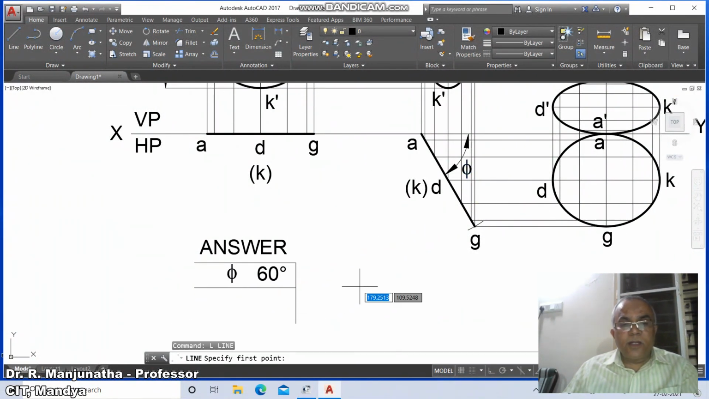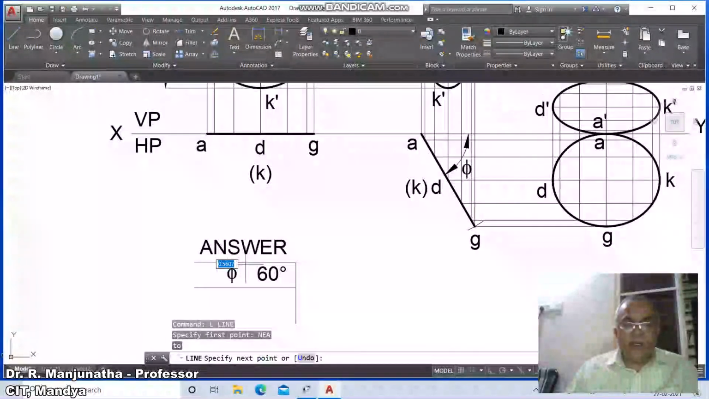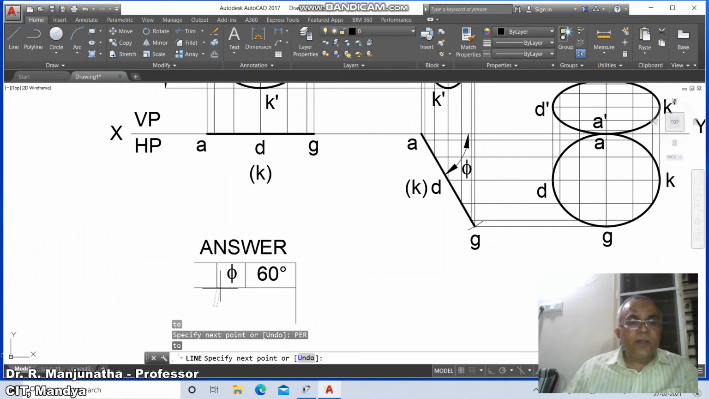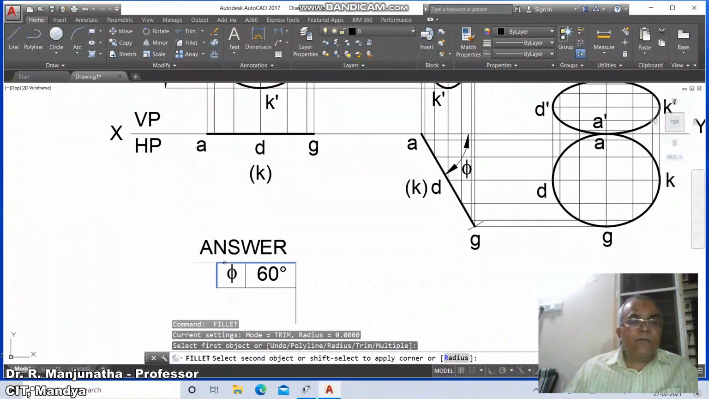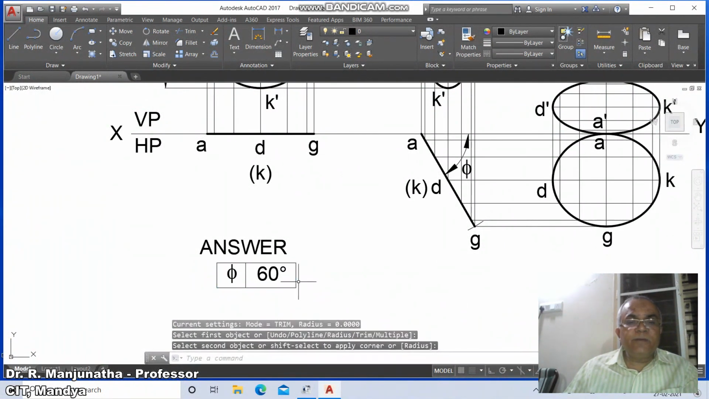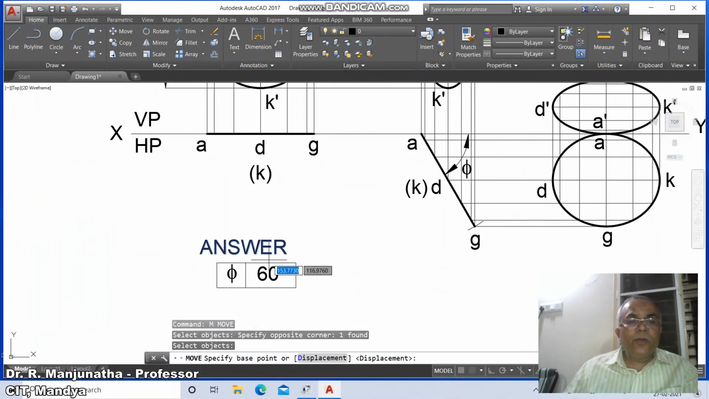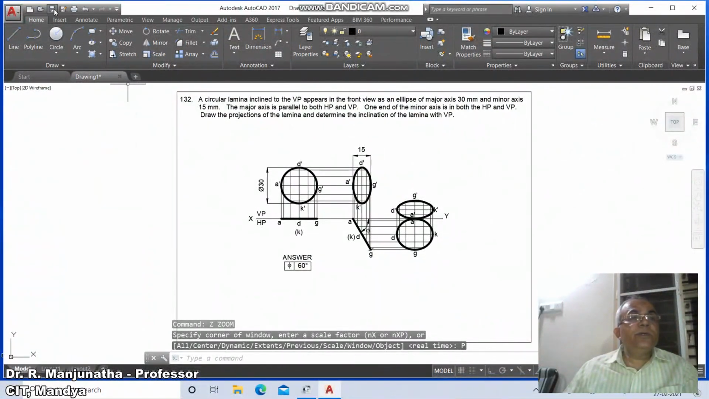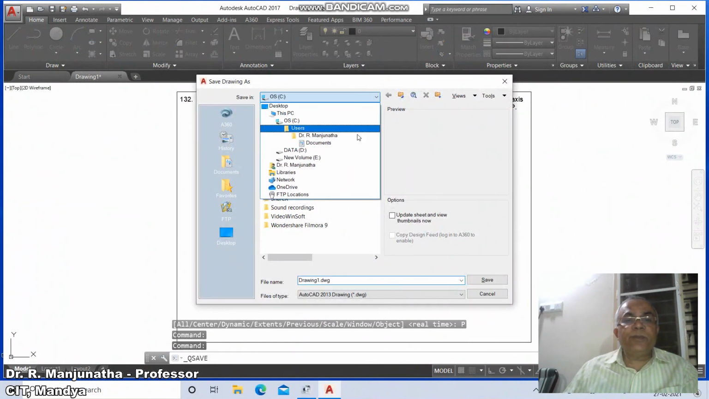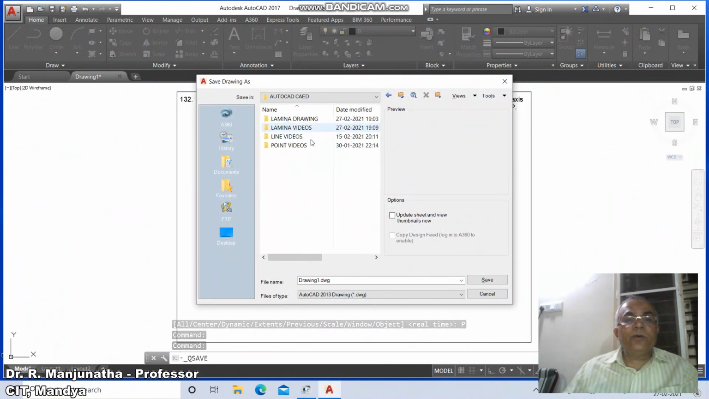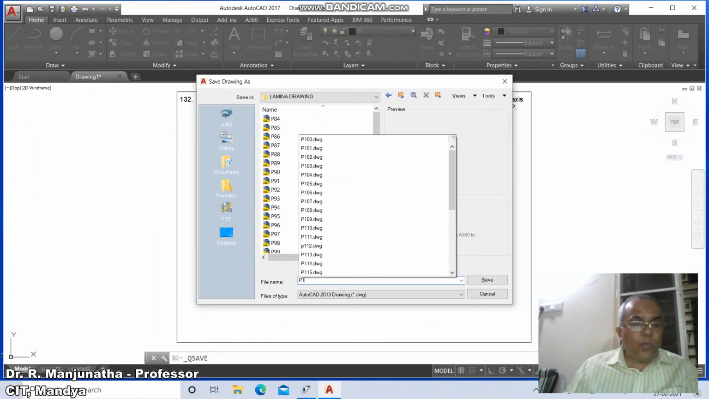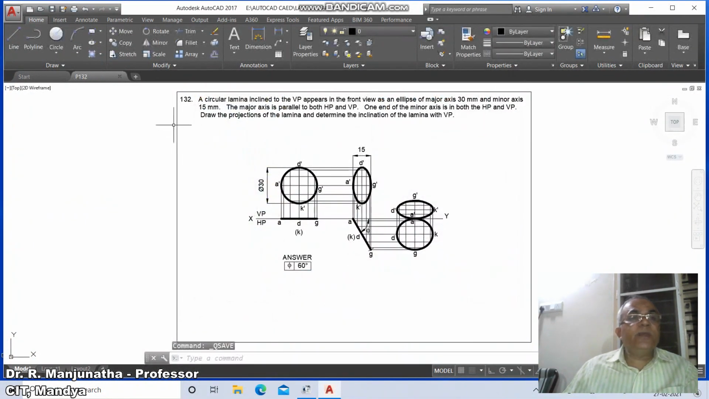Then go to line nearest on this and take perpendicular to this, and similarly line nearest on this and take perpendicular to this, and go to fillet between these two, fillet between these two, and fillet between these two, then move and keep it here. Then go to zoom previous and then go to save and go to appropriate drive, AutoCAD, lamina drawing, and say P132 and save it. Then finally